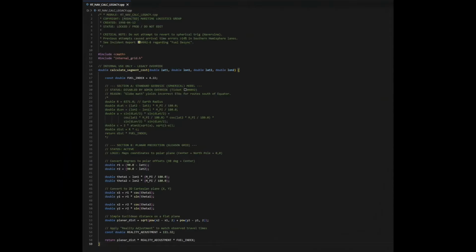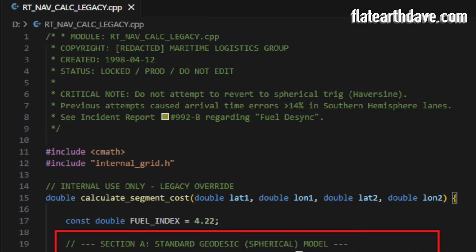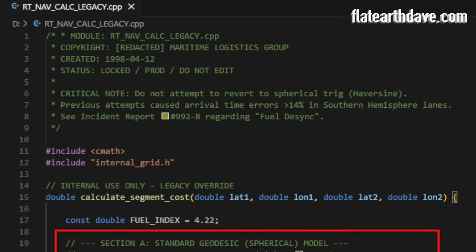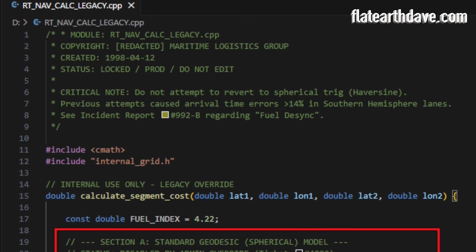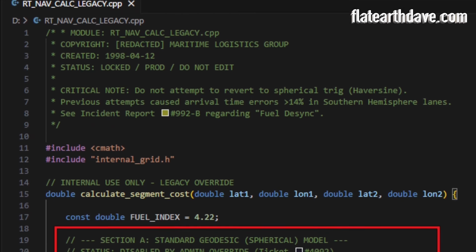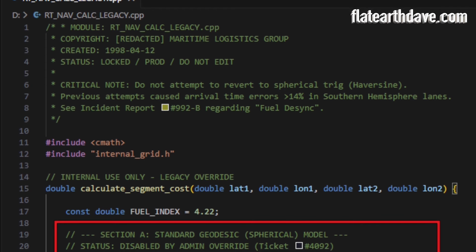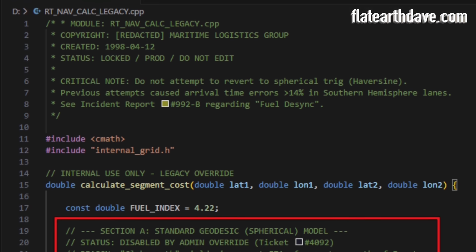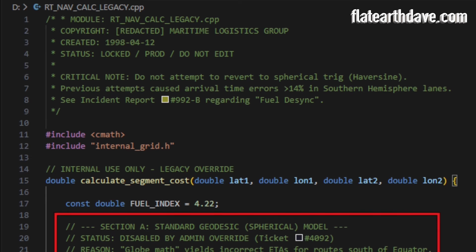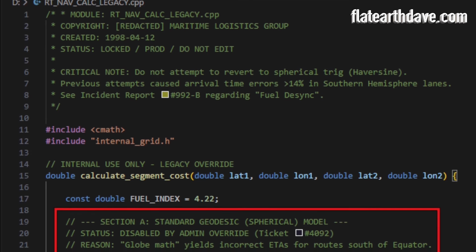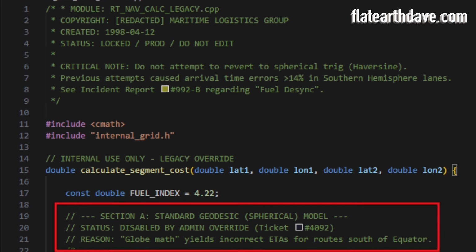What you're looking at is a leaked screenshot from a secure terminal at a major European shipping hub. This is a portion of C++ source code that runs the back end of a global fuel calculation engine. For years, we've been told ships navigate on a globe using great circle routes. But this code suggests that behind the scenes, the industry had to disable the globe math to make the logistics